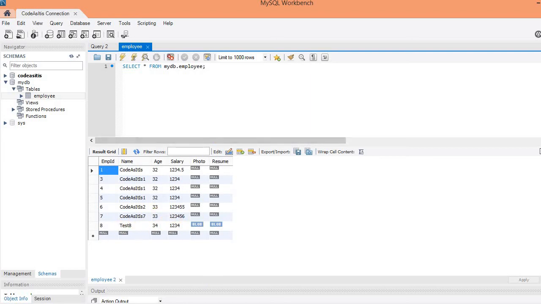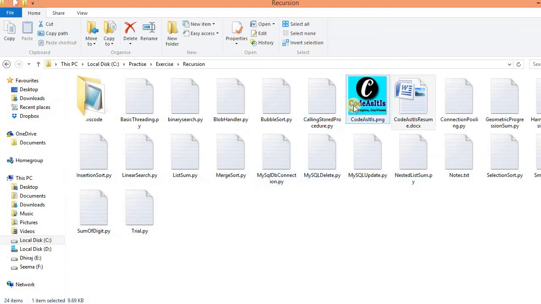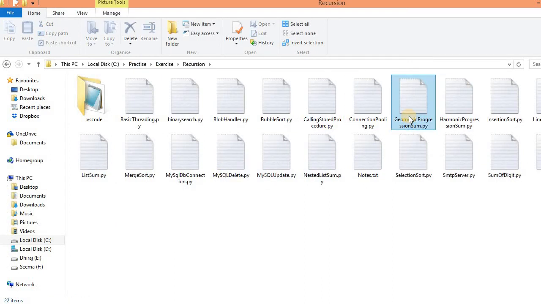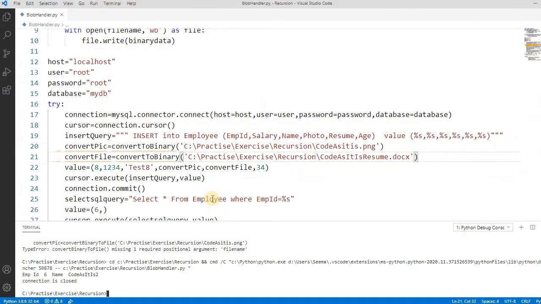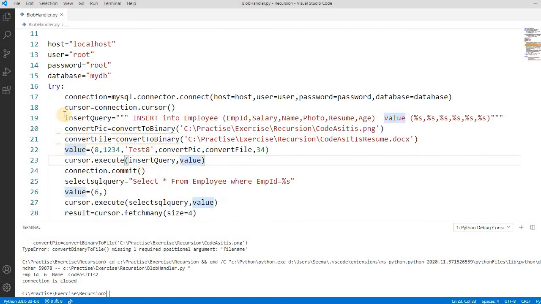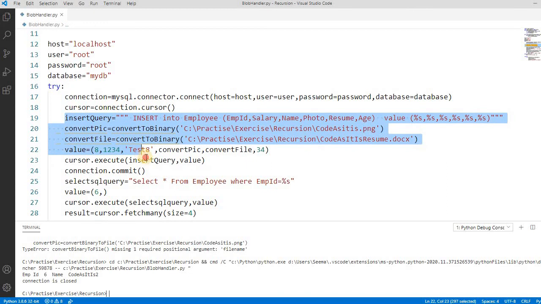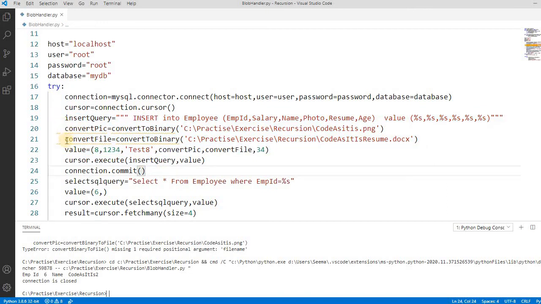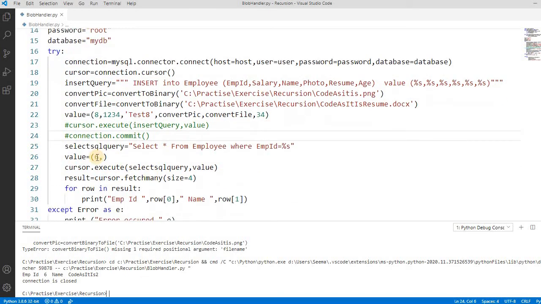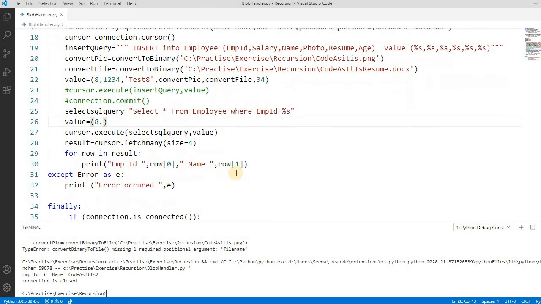Let's see how to retrieve this. So first we delete these 2 files. Okay, I have deleted these 2 files. Now see how to retrieve this. So we have inserted it. Let's comment this code, otherwise it will run again. So we have committed this. Now let's try to read this number 8 row, because we have to read this file.